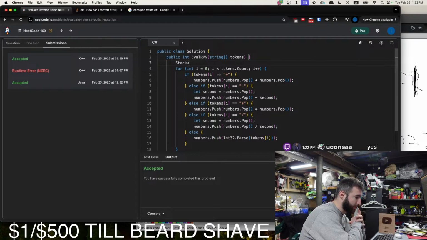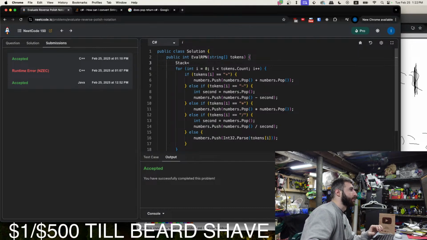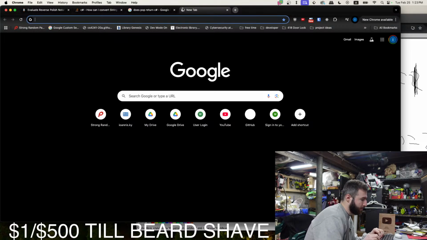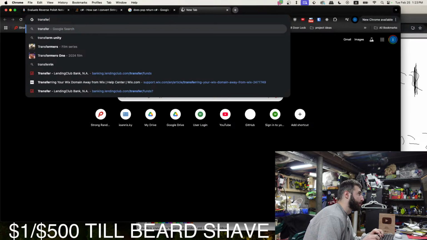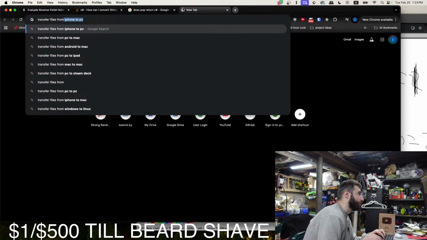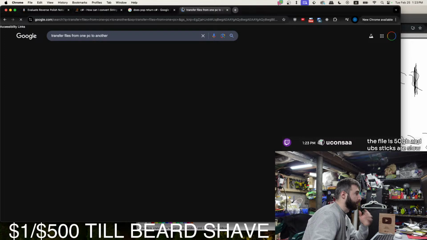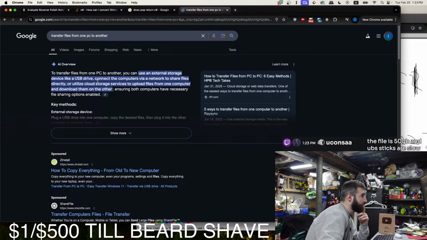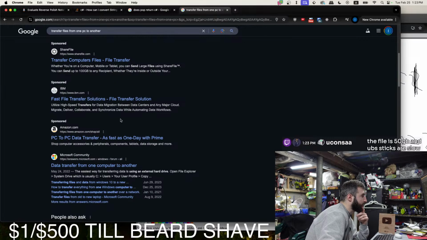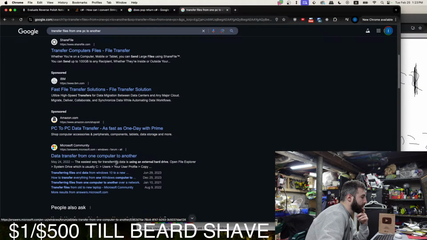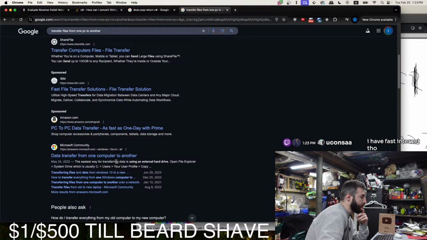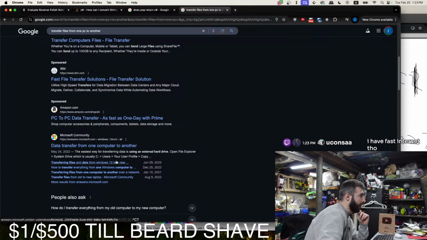But if you want to do it over the internet, let's see what you could do about that if you want to transfer it over Wi-Fi or something. Transfer files from one PC to another. So yeah, you could use a USB drive. How can you share it directly over the network though? The file is 50 gigabytes and USB sticks are slow. I have fast internet though.